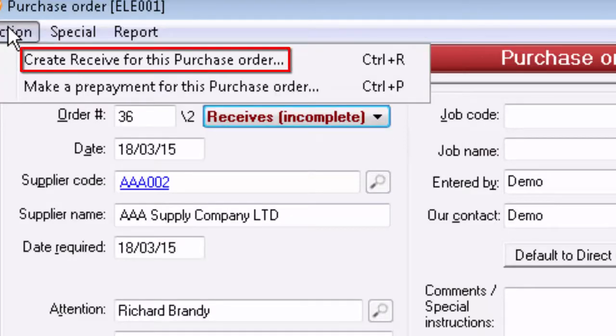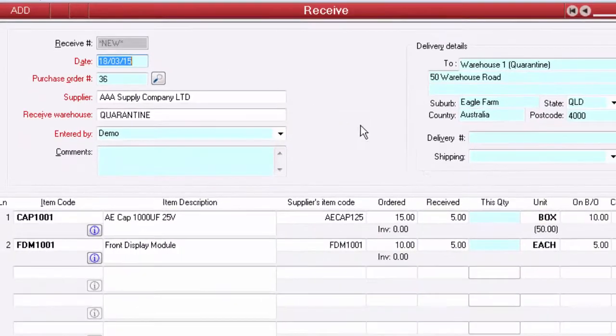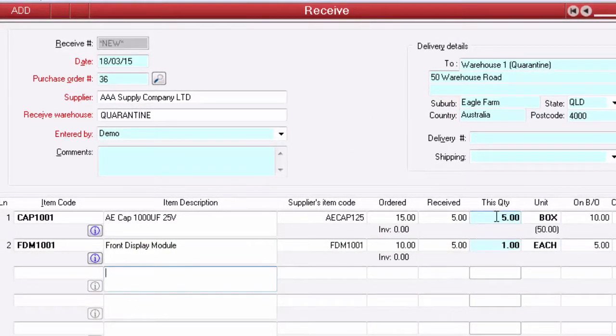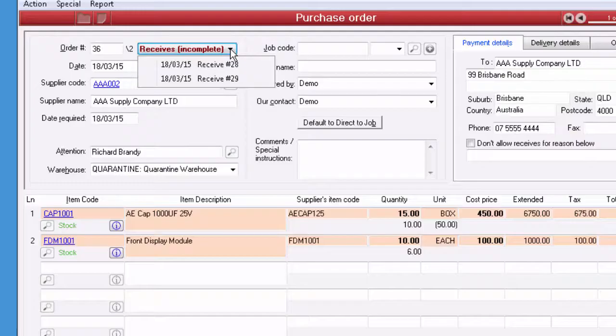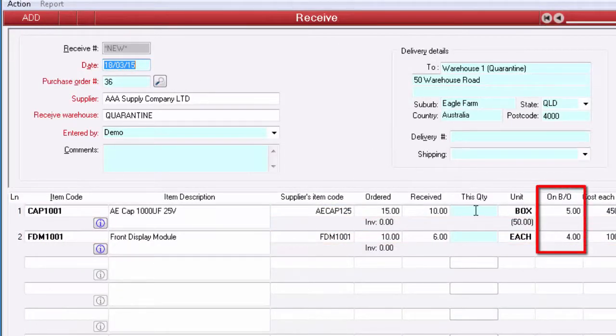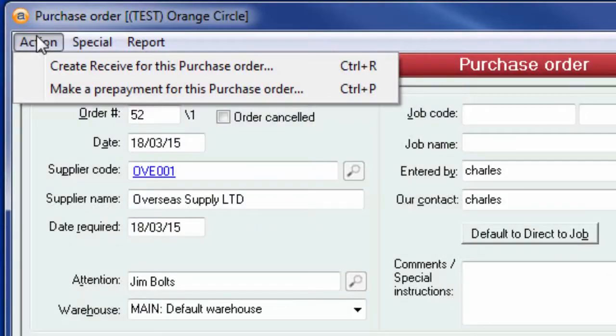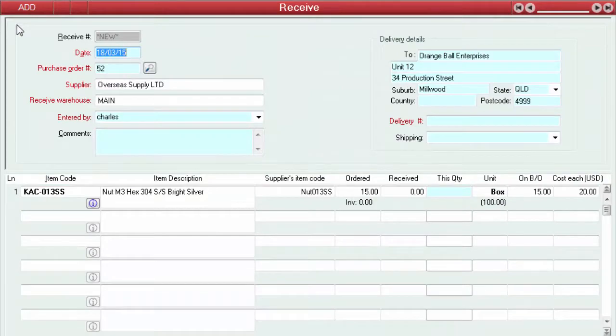Do you sometimes receive orders in multiple deliveries? Accentis Enterprise allows multiple partial receives for a single purchase order line and automatically records the remaining items as being on back order. Do you order products which arrive in variable quantities and need a flexible system to manage these